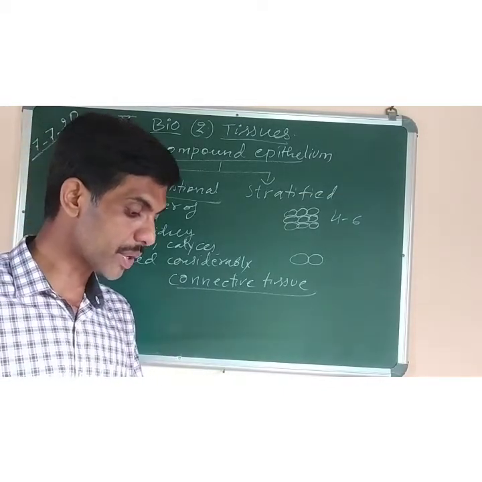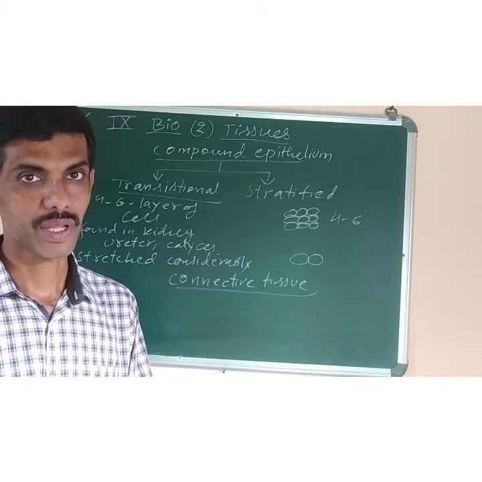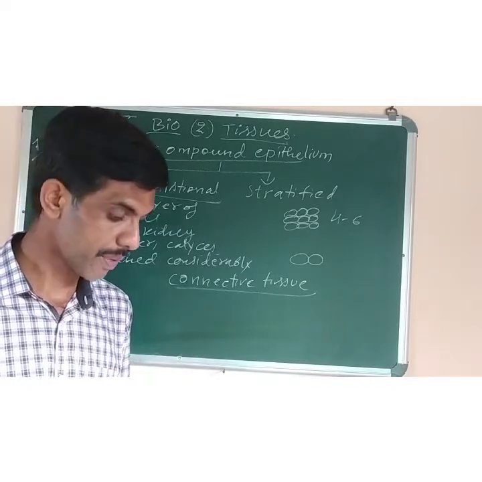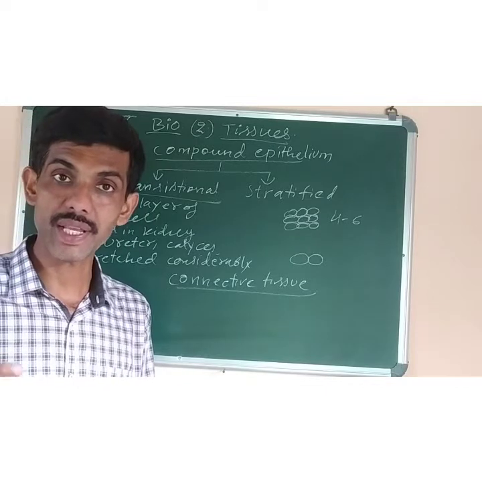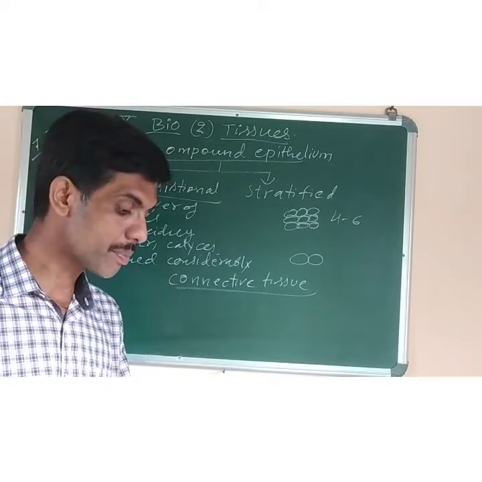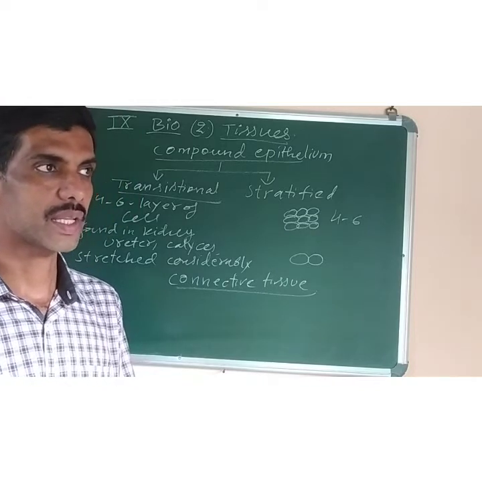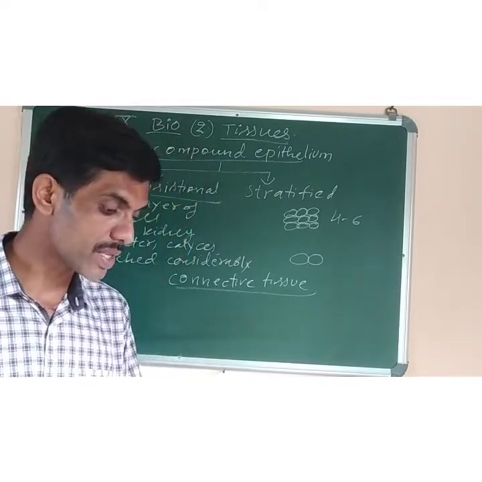There are 3 components. What are they? Intercellular medium, cells and fibers. What are the different types of cells found in connective tissue? Macrophages. I will list the names of those cells, but before that, what is the intercellular medium? The intercellular medium is called the ground substance, in which all the cells and the fibers are present. And the most common is mucopolysaccharide.